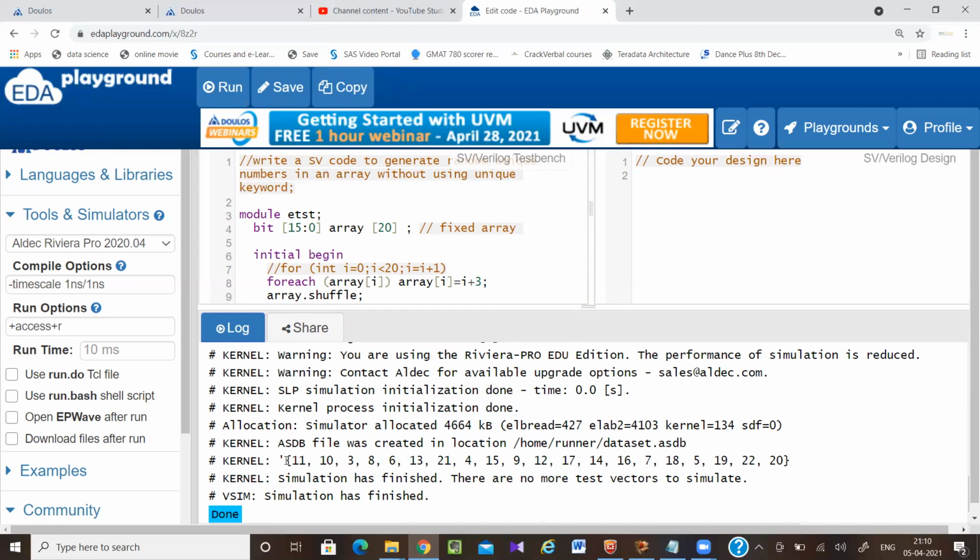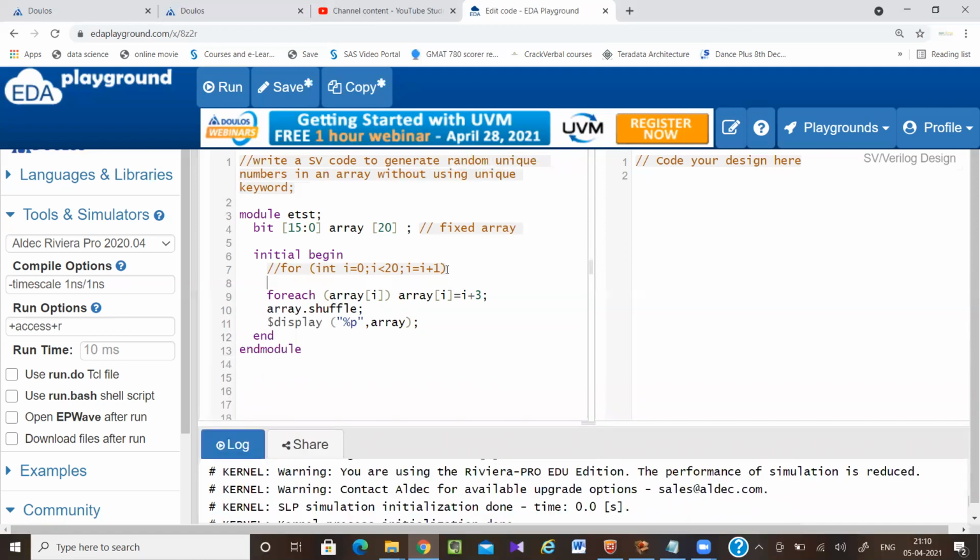Now I want to generate this kind of values 20 times. This is only generated one time. So here I am going to use a repeat loop. Repeat 20.